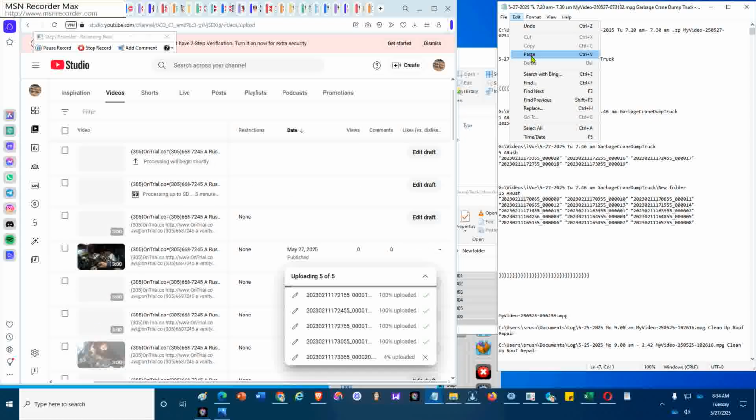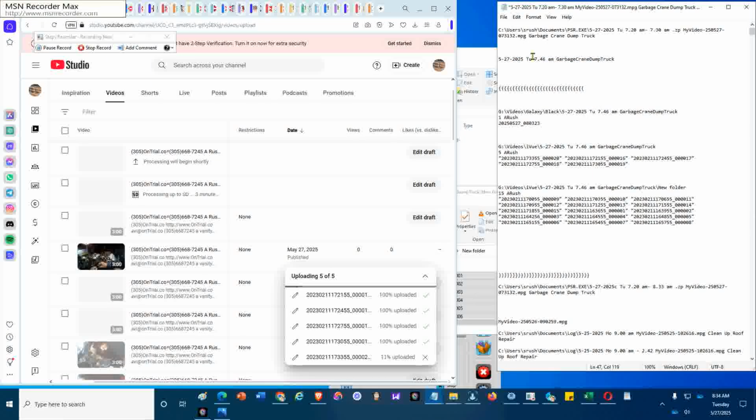Edit, paste, and file save. In this manner, I'm going to repeat it for various devices such as the phone, the 360 camera, and so on. So now I can take the phone off